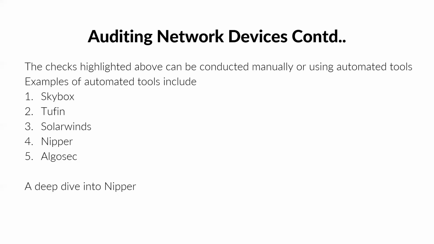An example of the automated tools that are out there in the market, and that we have used, is Skybox. Skybox is a security suite of software that integrates data from firewalls and network devices, with vulnerability and threat intelligence. We have Tufin, we have SolarWinds. SolarWinds can be used for performance monitoring. It can be used for configuration change monitoring. We have Napier